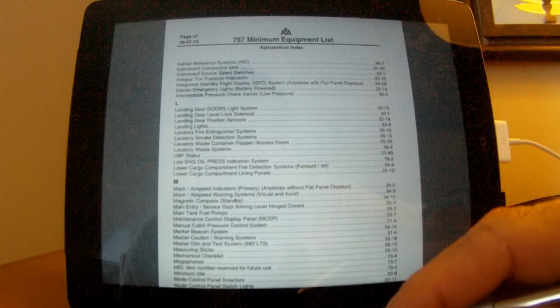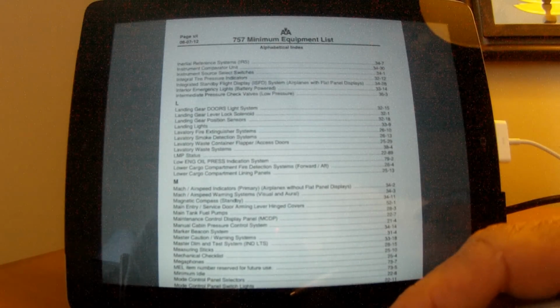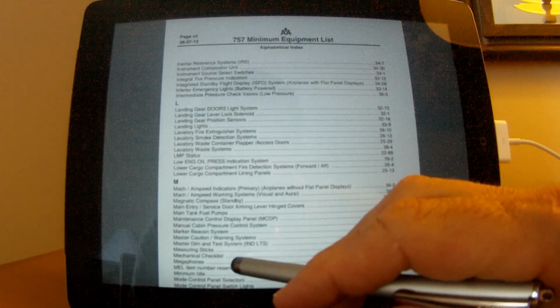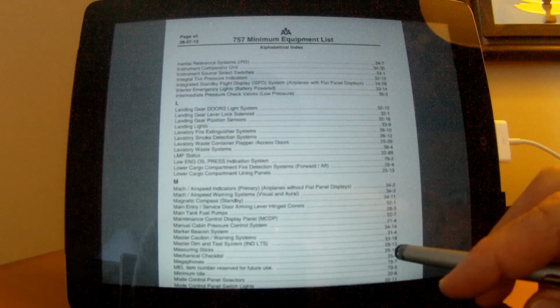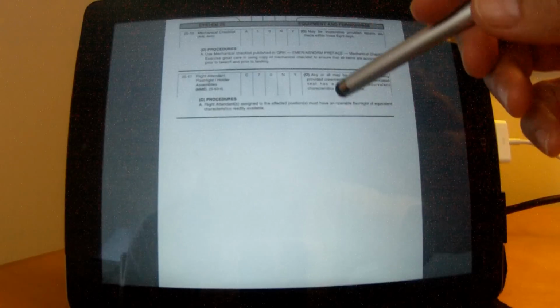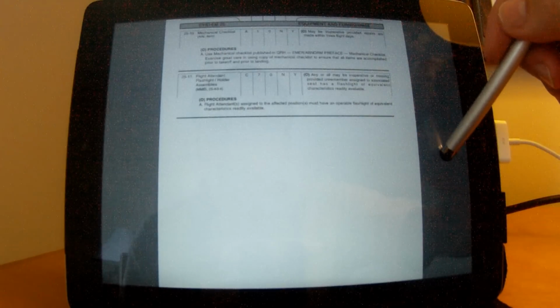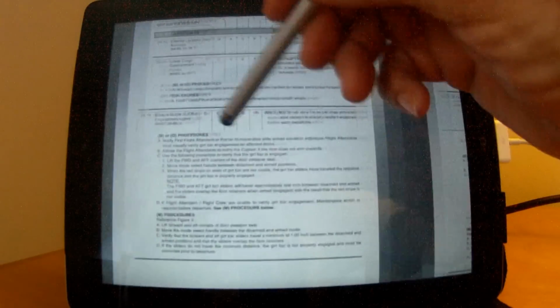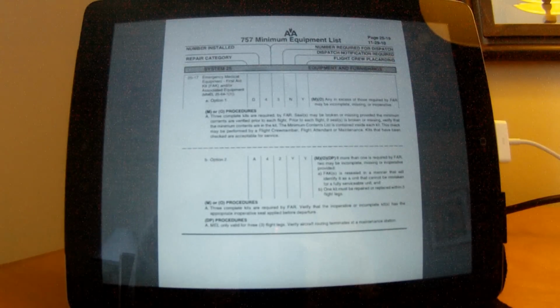These indexes are best used if finding your own MEL item. Like for instance, we'll come down here and look at the mechanical checklist, 25-10. Click on that, you go right to 25-10. Unfortunately, it can be a little unruly once again moving through some of these dashes, 25-13, 25-16. So there's another way of actually searching for an MEL item that you might find in a logbook